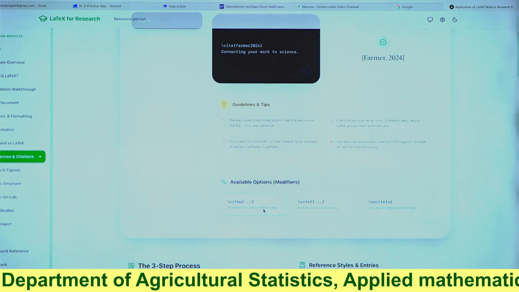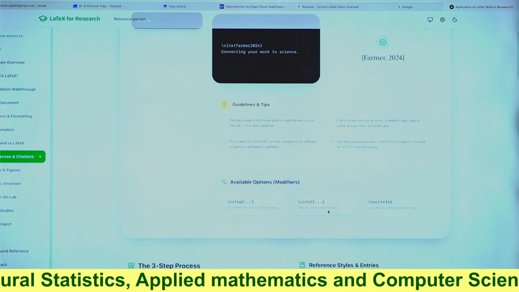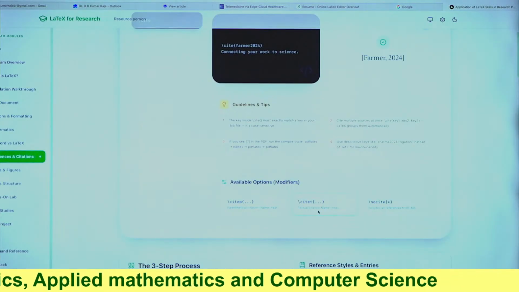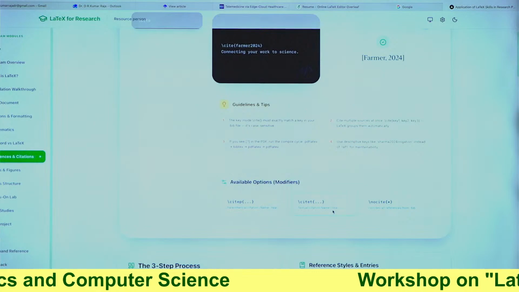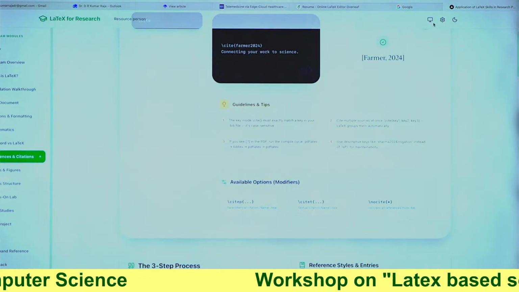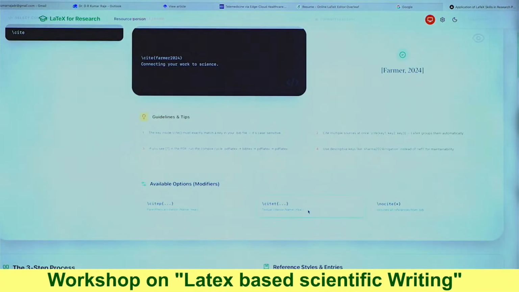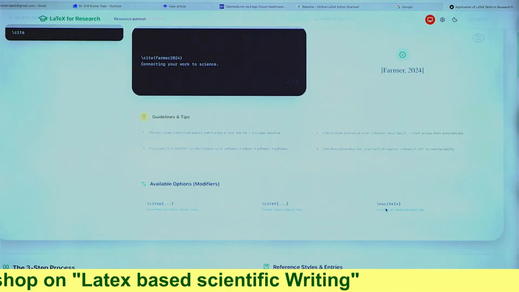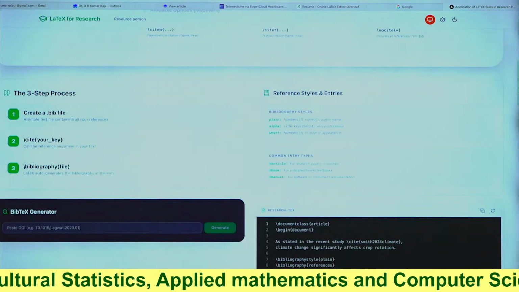Now, cite P is parenthetical, cite T is textual. So you will get the name of the author, and then in brackets you will get the year of the article. Like this, the year of the article. Now cite star, which includes all references from